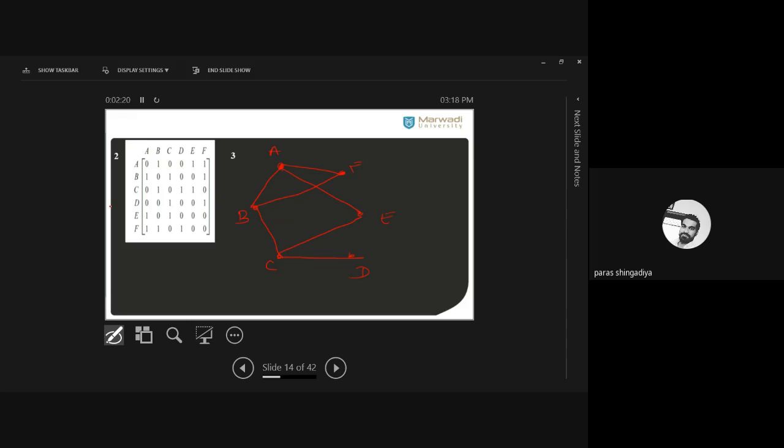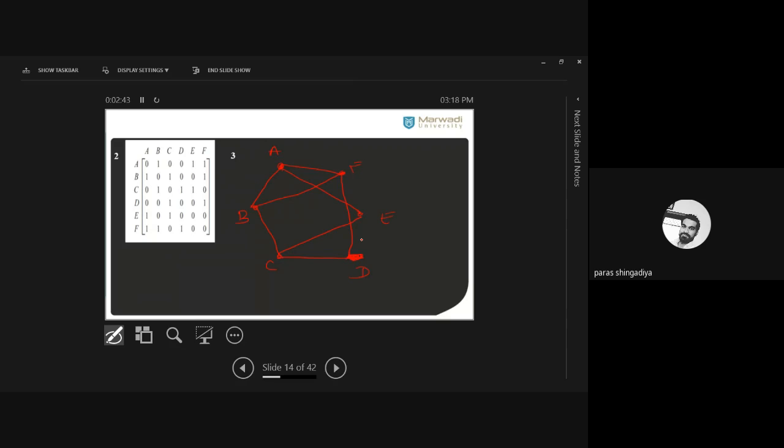Okay. And now from the fourth row, D is connected with C, which we already connected, and D to F. Okay. That is from this one. From E, that is E to A, and E to C is already connected, and F is also already connected. So this graph you will get.